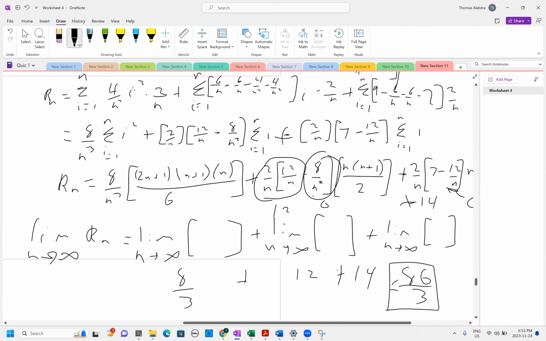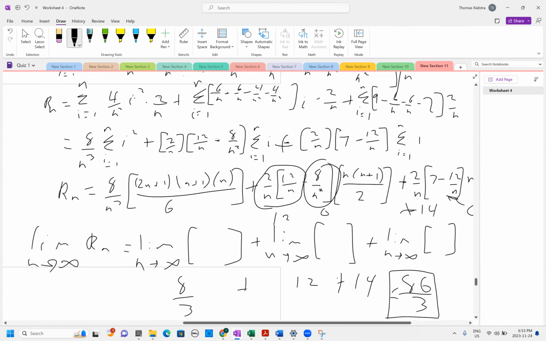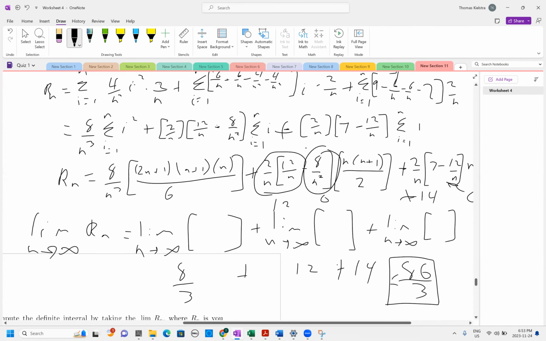And what's nice about this exam or this quiz, which might be helpful for future quizzes, is that the question we're asking you is to find the antiderivative using this infinite sum. We also ask you to calculate the antiderivative using the fundamental theorem of calculus earlier on in the